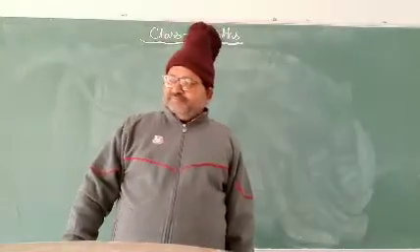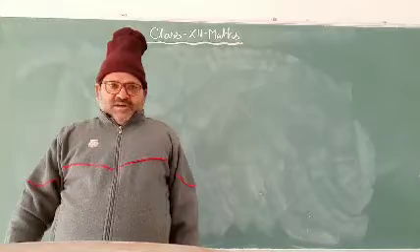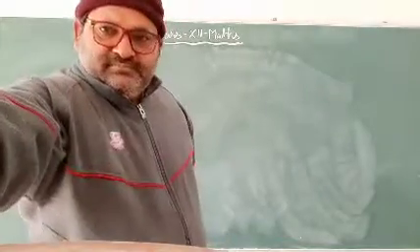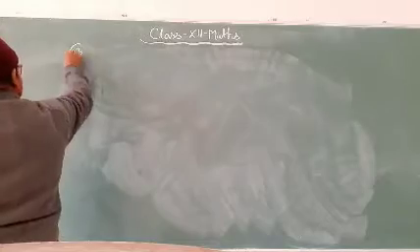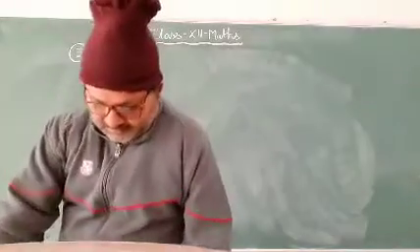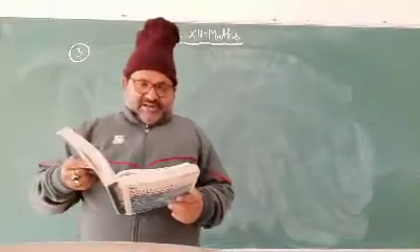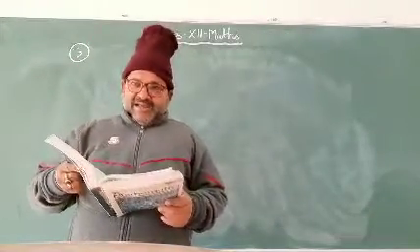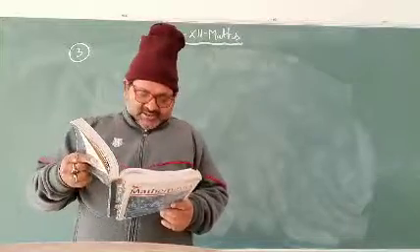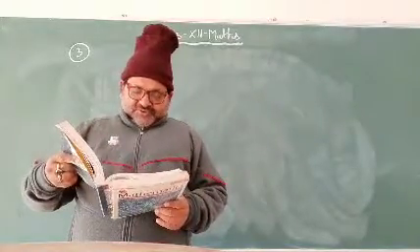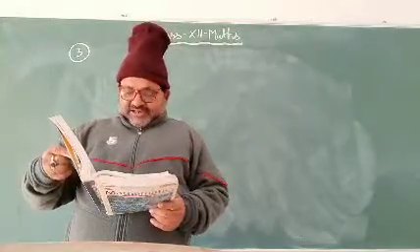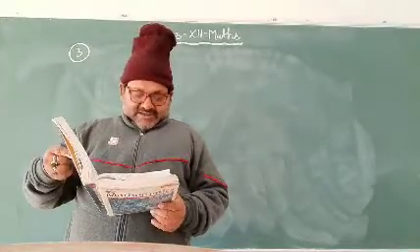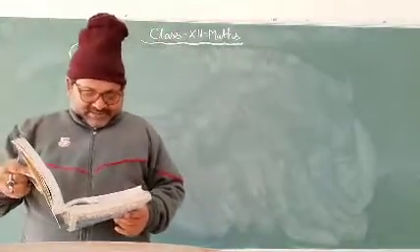Question number 3 of a unit vector. A unit vector A makes angle pi by 3 with i, pi by 4 with j and an acute angle theta with k. Then find theta and hence the component of vector A.